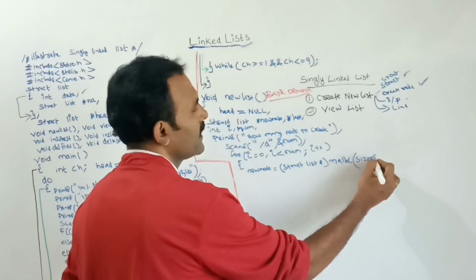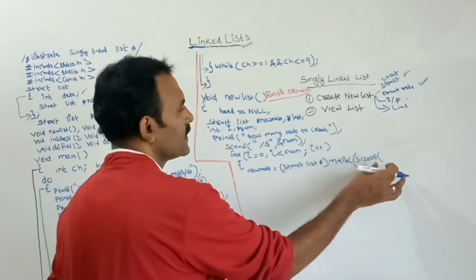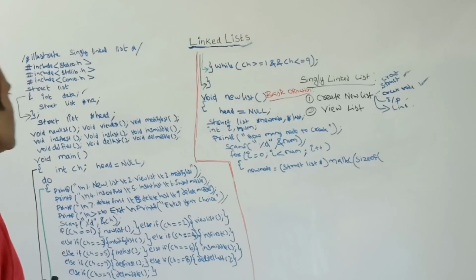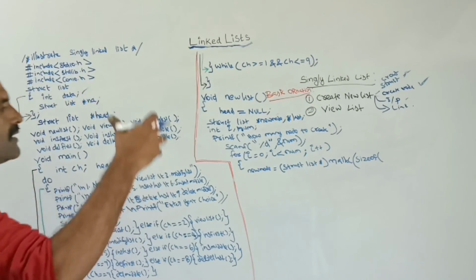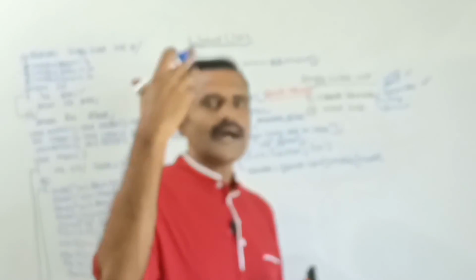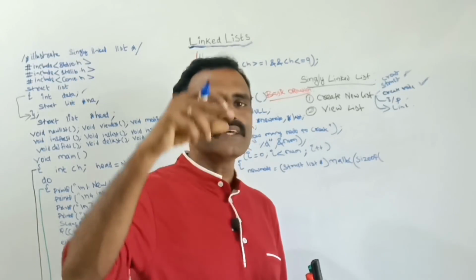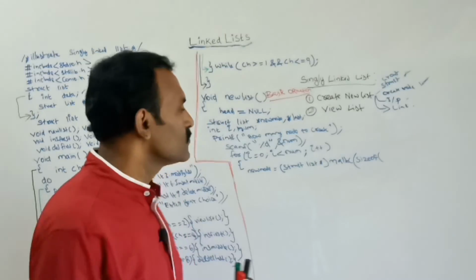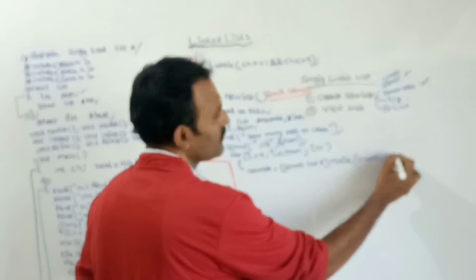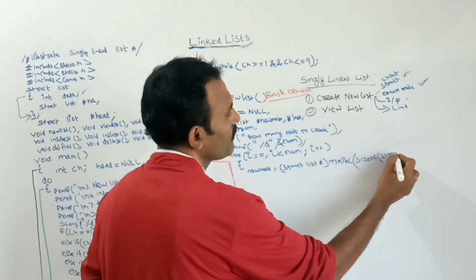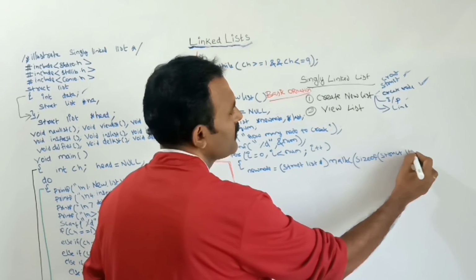Here if you know, directly we can give the size in bytes also. Otherwise, simply if you say sizeof this list, depending upon how many members we had created inside the structure, the system will return the size of that structure. So here sizeof, inside I am using that structure name. What is the structure name? List.